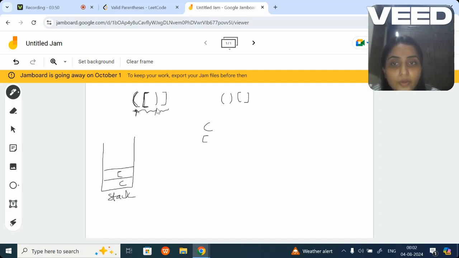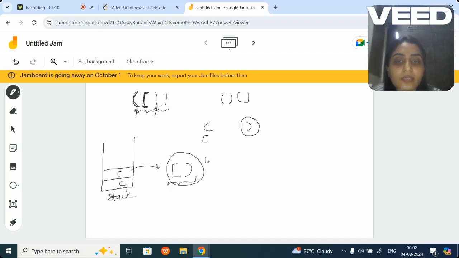Now if you take a closing one, then for this closing one you need to check what is the first element in the stack. When you remove it, it becomes the combination of these two, and that means they are not among the matching set.